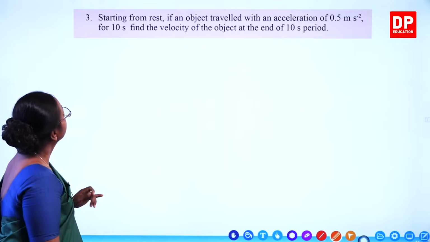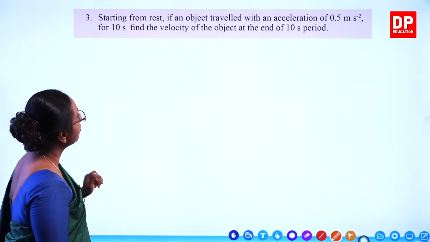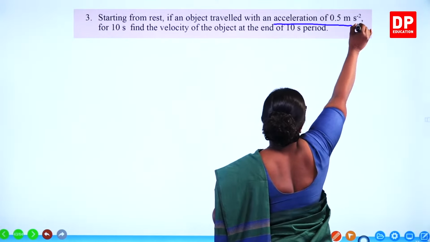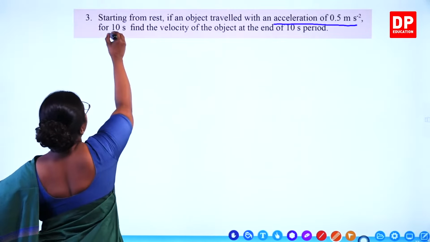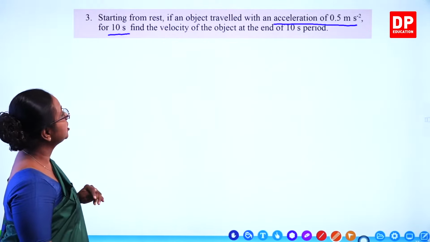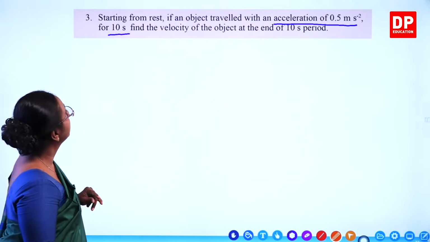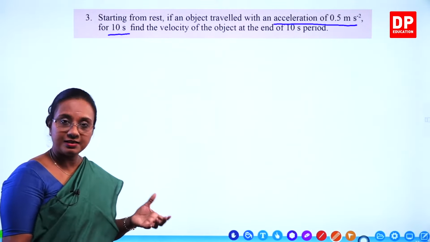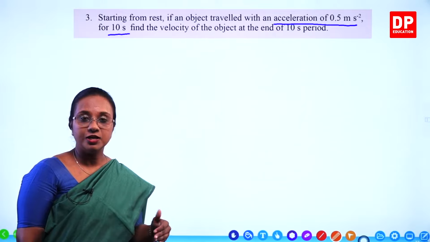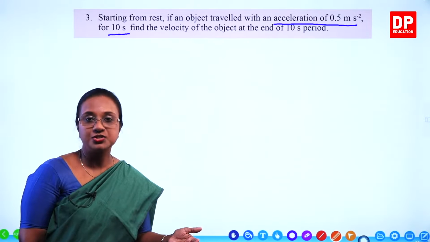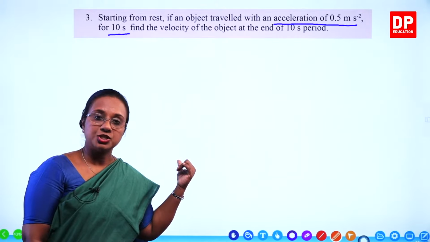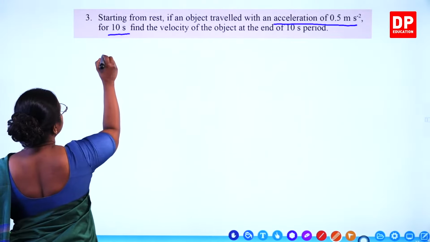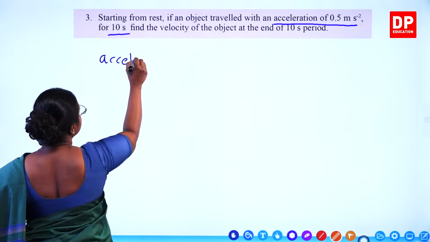The third question: starting from rest, if an object traveled with an acceleration of 0.5 meters per second squared for 10 seconds, find the velocity of the object at the end of 10 seconds. As you all know, when the body is accelerating, acceleration equals rate of change of velocity. So we use that equation to calculate the final velocity. So here again, acceleration,